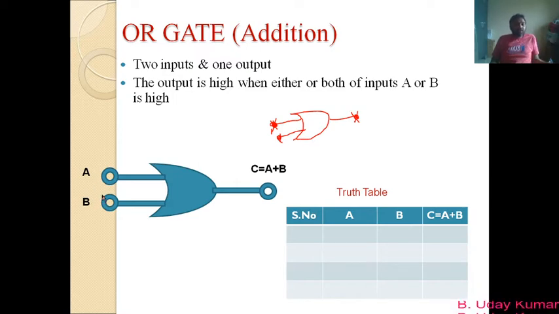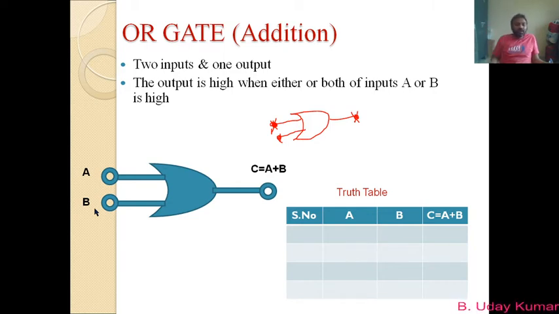So anyway, in terms of logical representation, the combinations that you can apply to these input terminals can be 0 0, 0 1, 1 0, and 1 1. You know this one, right? That means you can apply zero potential to both A and B, high potential to both A and B, and zero potential to one input terminal and high potential to the other terminal. This low potential and high potential are represented logically with 0 and 1.